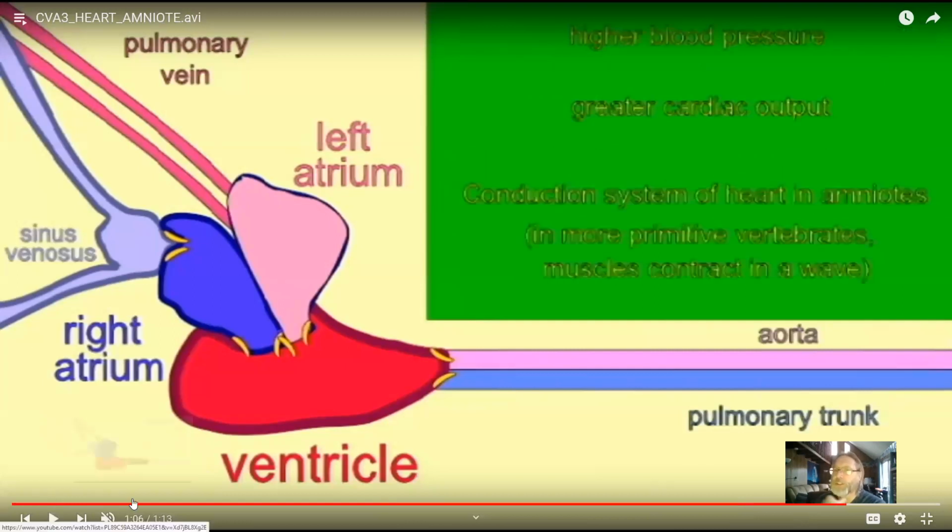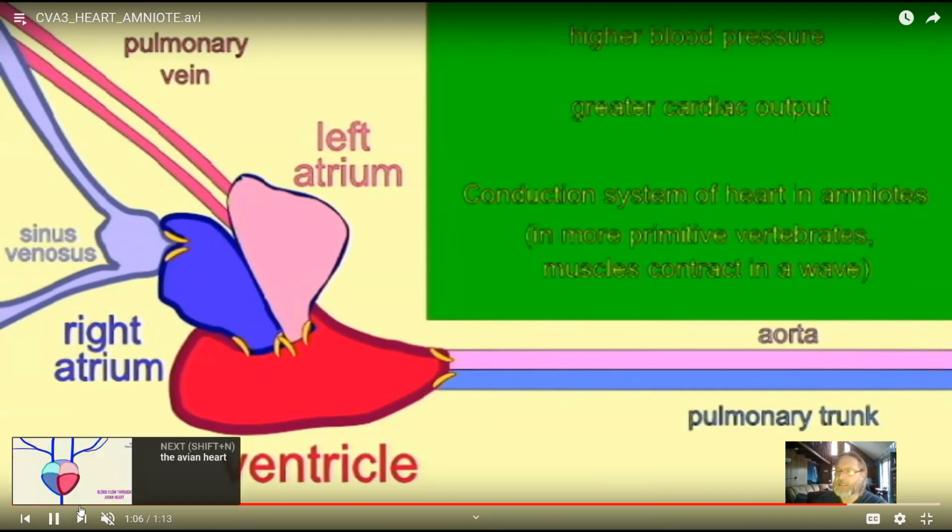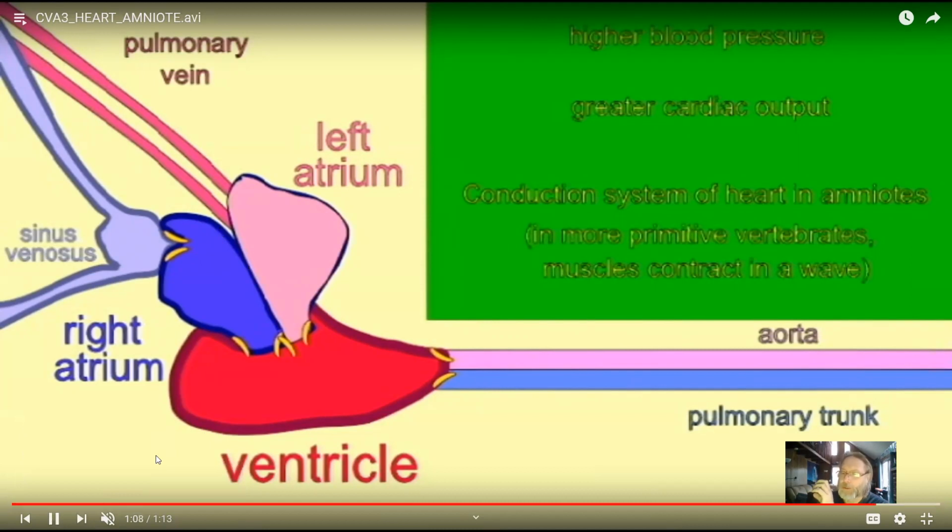These larger hearts generate greater blood pressure, they have a greater cardiac output, and there is an intrinsic conduction system, so that instead of muscles contracting in a wave going from one to the other, there are these autorhythmic fibers which then carry the impulses that a new heartbeat has begun throughout the